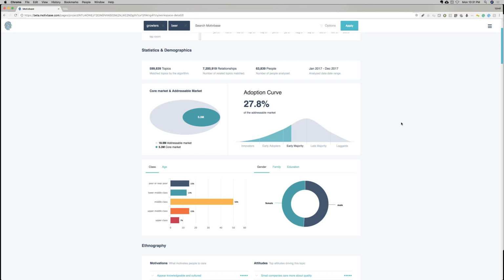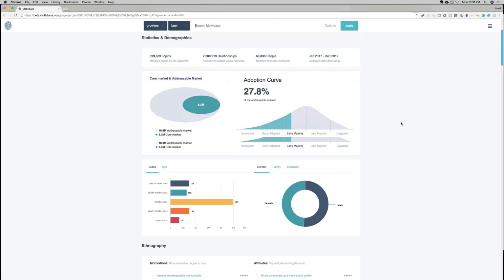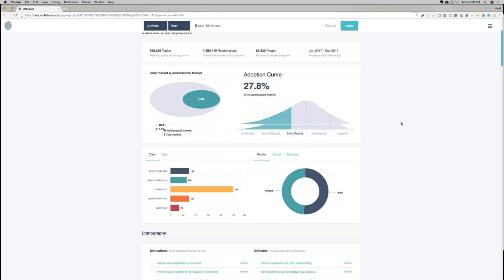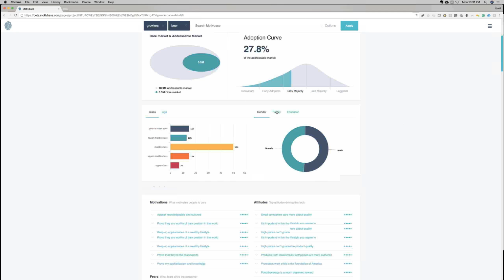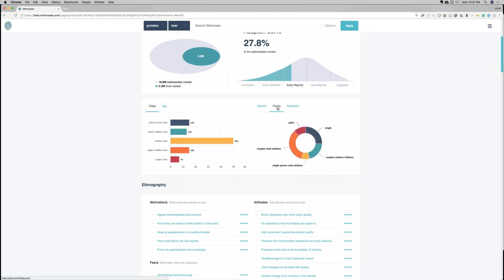But of course, it's important to keep in mind that the total addressable market is only 19 million people, and the core market is only 5 million at the moment. The next section breaks out the sociodemographics. I don't think I need to really walk you through this. It's just a matter of exploration. And then the following section provides us the ethnographic level insight,